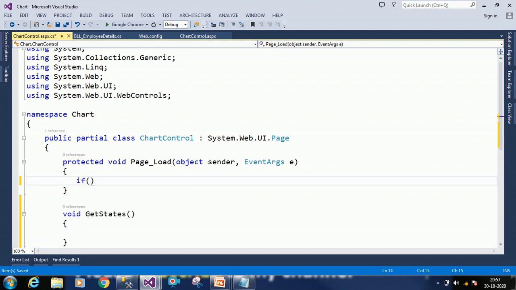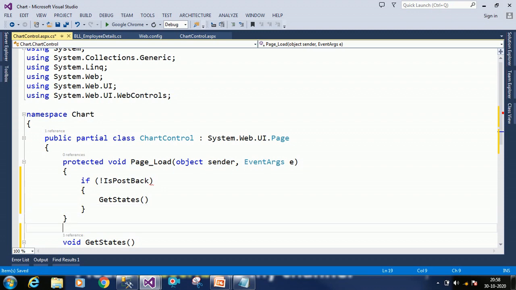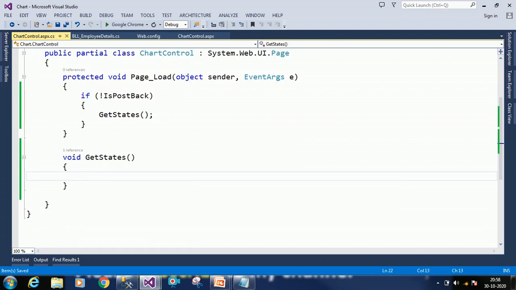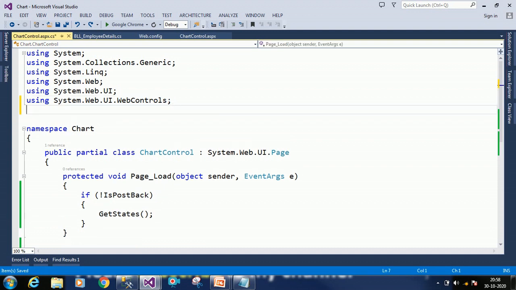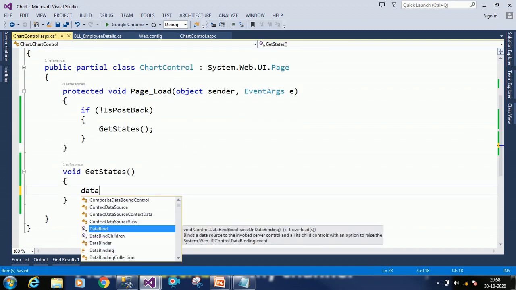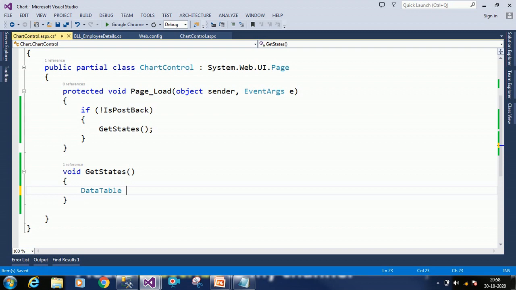For that, if not IsPostBack, I want to call this function, creating one data table. For that, I want to import some namespaces, System.Data. Here I am creating one data table. I am giving the object name as dtStates,